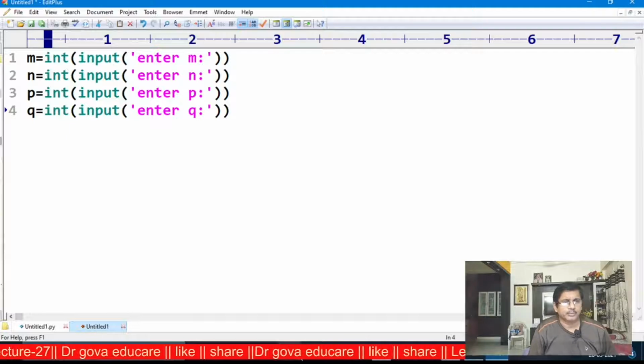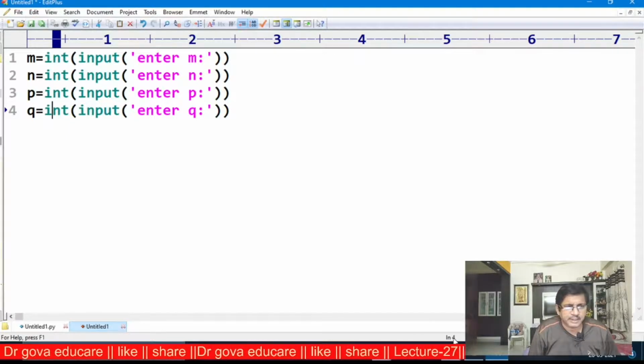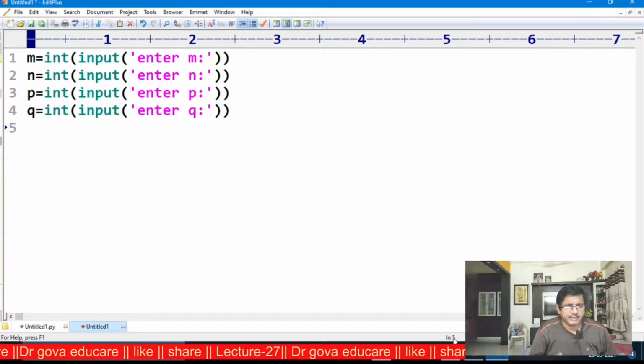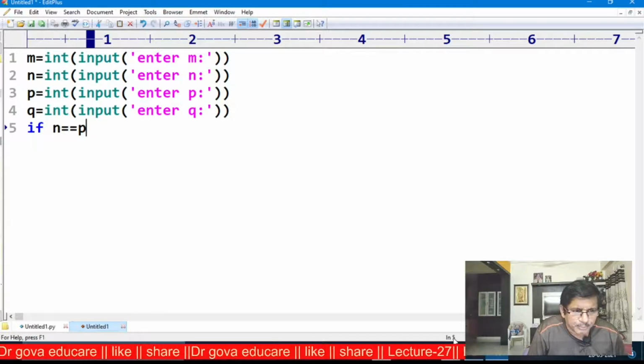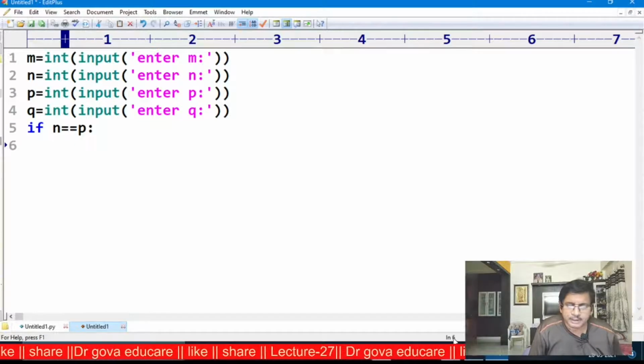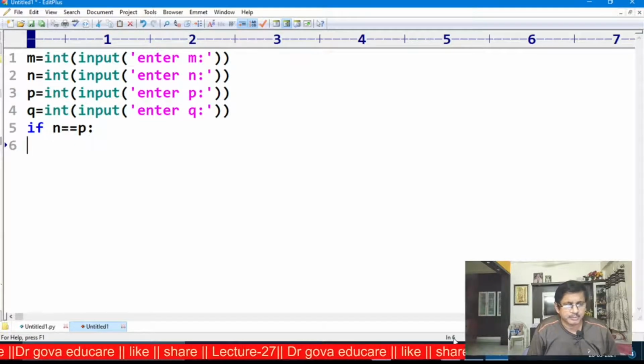Now the compatibility condition is if the number of columns in the matrix A is the same as the number of rows in the matrix B, if n is equal to p, then only the matrix multiplication is possible.